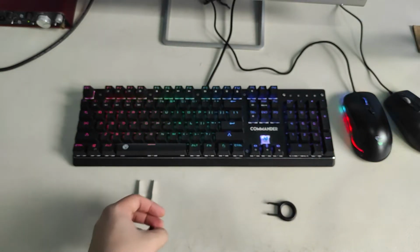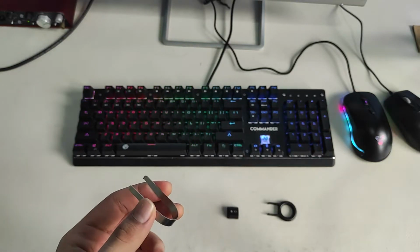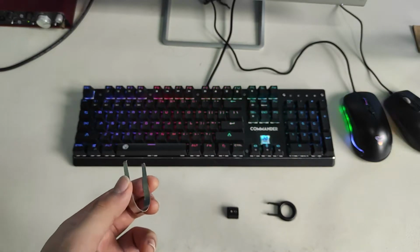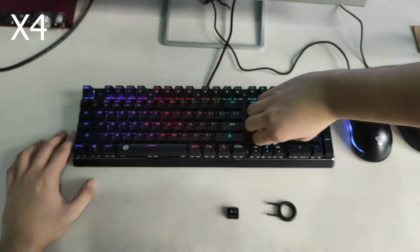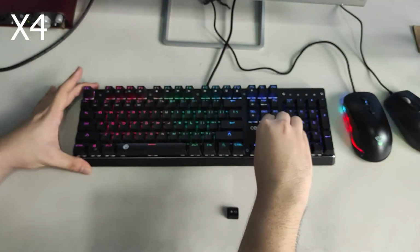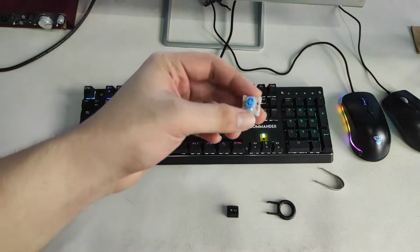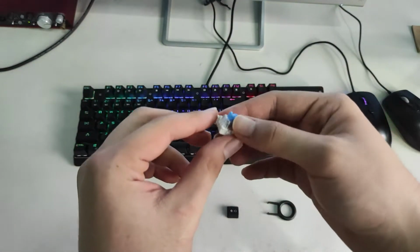I'm gonna try removing the switch. Now, the key switch remover is actually terrible. I won't recommend using it. It's really hard to remove the key switch. So I'm going to try removing the key switch now. Okay, there we go. Now, as I was removing the key switch, it felt like I was actually gonna break